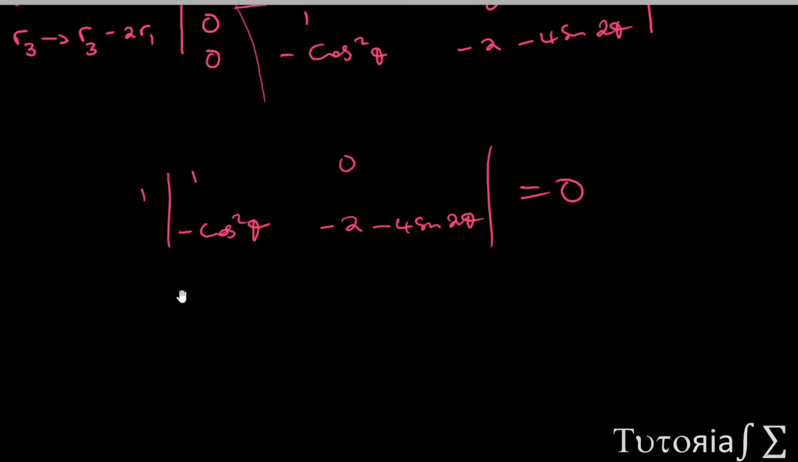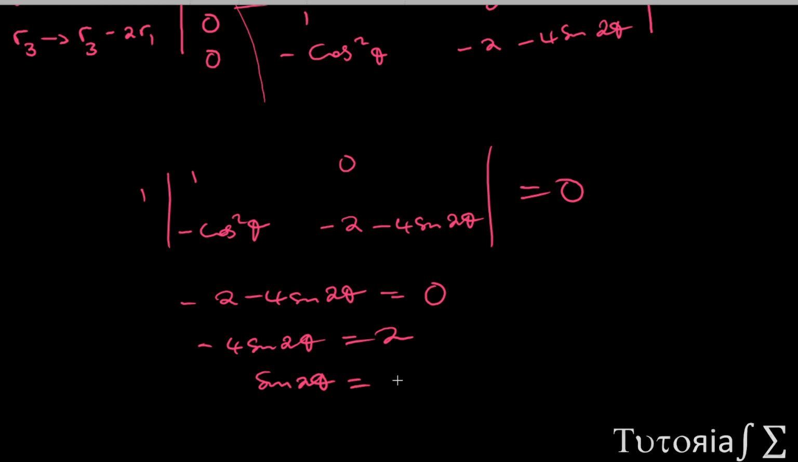So this times that will be negative 2 negative 4 sine 2 theta. Then this times that will be 0. So this times that is 0, then we have equal to 0. Okay, so now we can transpose. So we have negative 4 sine 2 theta equals to 2. Then sine 2 theta will be equal to negative 2 over 4,